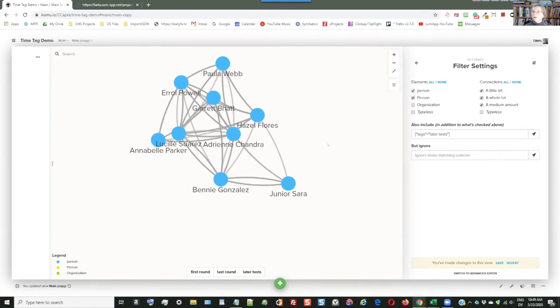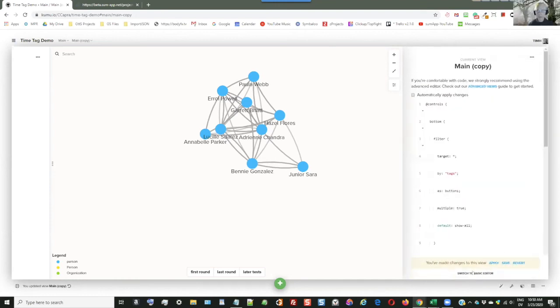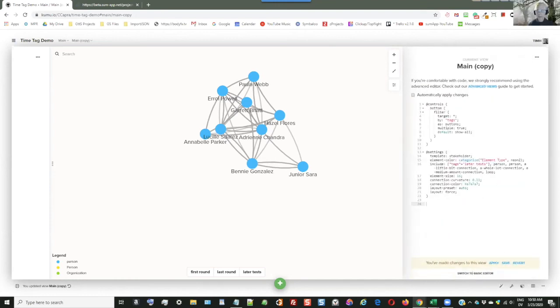Tim, do you have a view that we could show him that has those counts? Let's not go there. Can you show the code on this one? What do you mean? Just show the advanced editor. Go to the advanced editor? Yeah. Okay. And it shows up right here. Include.